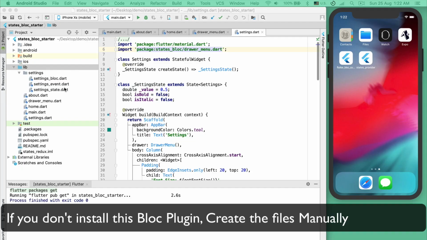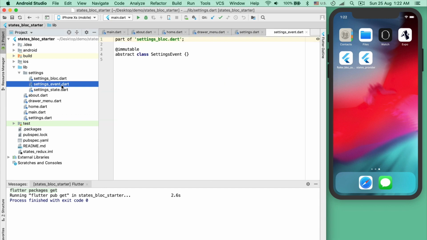So let's open this settings_event.dart file. Here you are seeing that an @immutable abstract class SettingsEvent is created, and at the top you are going to see "part of settings_bloc.dart". If you never saw this part of, basically these are built-in keywords in the Dart programming language and